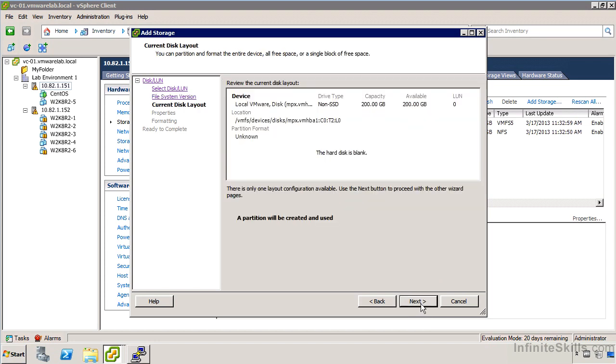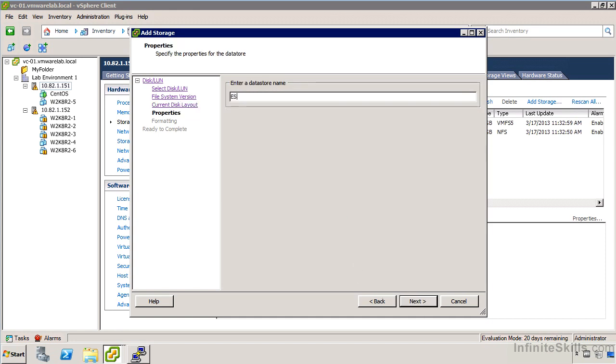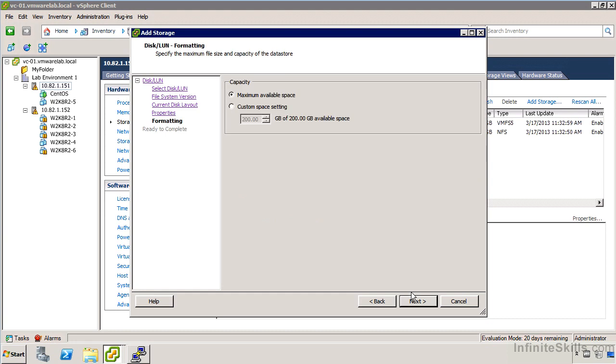And there's not really anything else that I have to do. I'm just going to go ahead and we can see the disk information. It will tell me if there's other partitions already on it and so on. In this case, I'm just going to go ahead and click next and provide a data store name. I have the option to divide the disk into different partitions effectively for VMFS. There's not that much reason to do this in most cases, but it's really going to depend on whether your